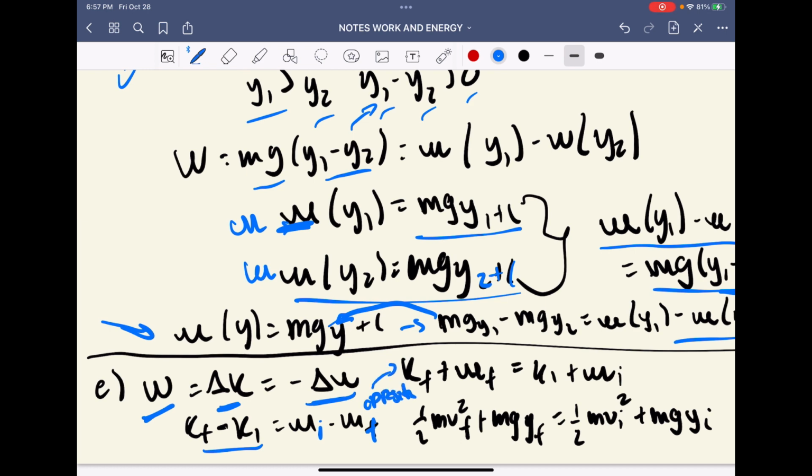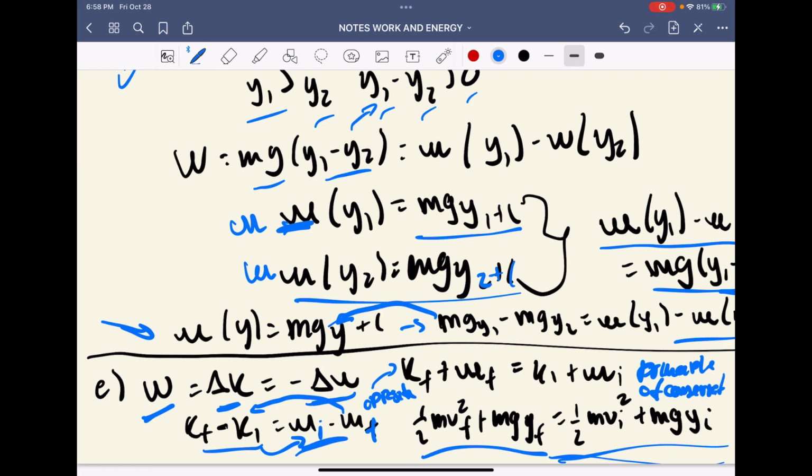So from this we can draw that kinetic final. No, this is the same thing as this right here, but the difference is that we just play around with it, and the U_f goes to the other side while this one goes to the other side. So this is going to be kinetic final plus potential final equals kinetic initial plus potential initial. And then just playing with the formulas of both, we get this equation right here that establishes the principle of